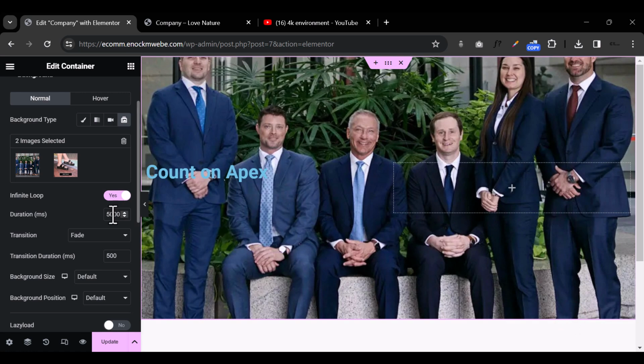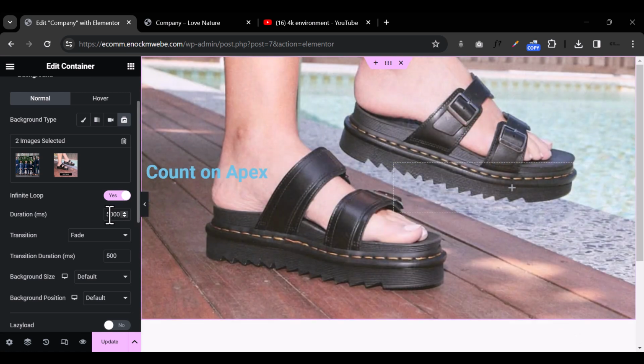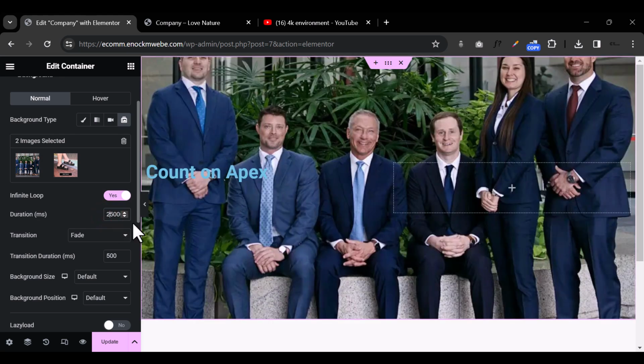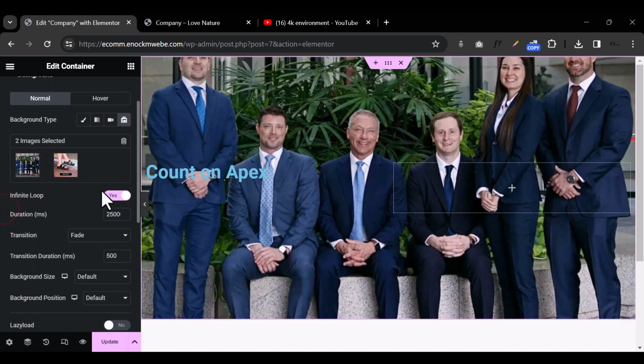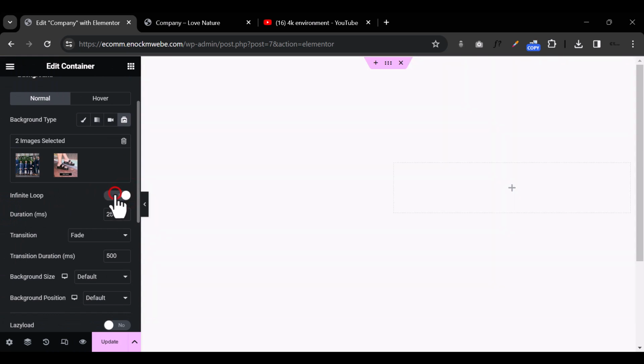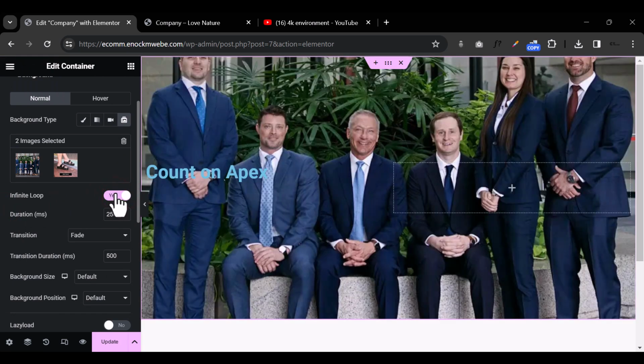So you can configure it to change after 5 seconds, or every 2 seconds. So making it 2000 represents 2 seconds, 3000 represents 5 seconds, and this will keep on changing. Okay, so you can make it an infinite loop or just loop once, or alternatively you can use a video